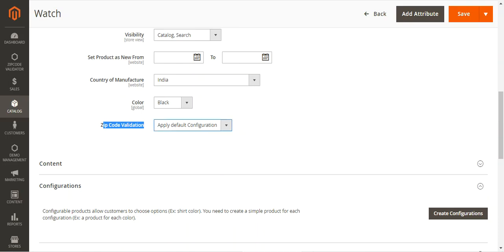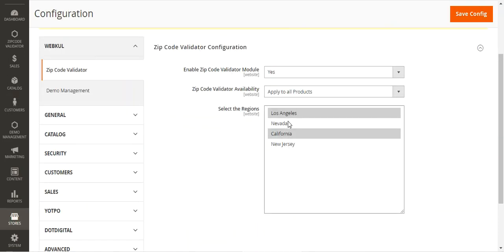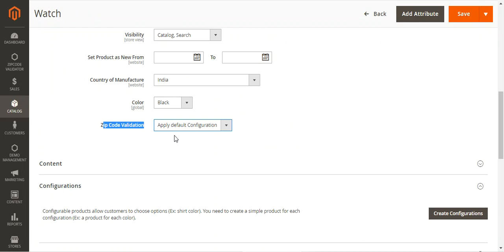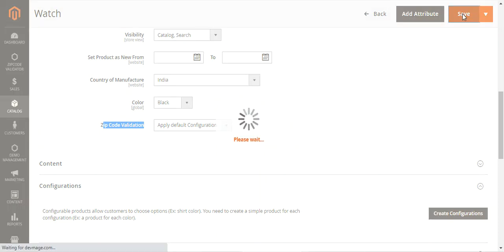In this case, what will happen is that the default configuration you have set in the admin backend for Los Angeles and California for all products, so for the watch product as well, the regions Los Angeles and California would be enabled, and only for Los Angeles and California will the zip codes be working. So for example, if I use it as apply default configuration and I tap here on the save button